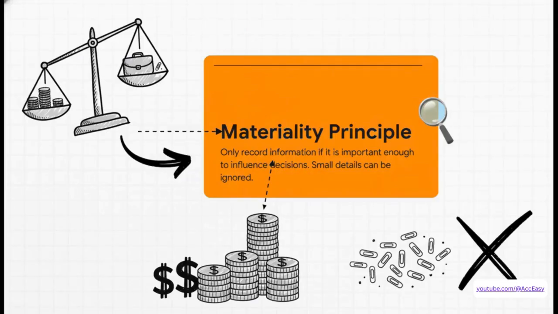The materiality principle, well, this is all about common sense. It basically says, don't sweat the small stuff. An accountant doesn't need to track every single paperclip. They focus on what's material, what's significant enough to actually influence someone's decision. Of course, this is where things can get tricky. Classifying a $1 million loss as immaterial to a giant company, that is a classic red flag for fraud.